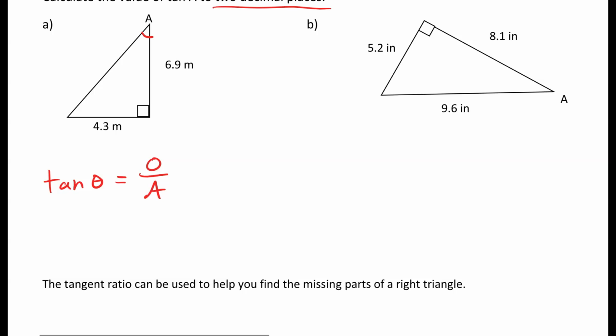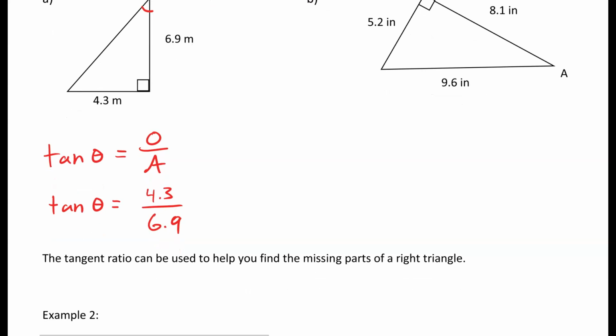Well, if we're doing angle A, tan theta is going to be equal to 4.3 because this is opposite. And then we have our 6.9 on the bottom because that's going to be our adjacent. Now, if we do 4.3 divided by 6.9, we're going to get tan A equals